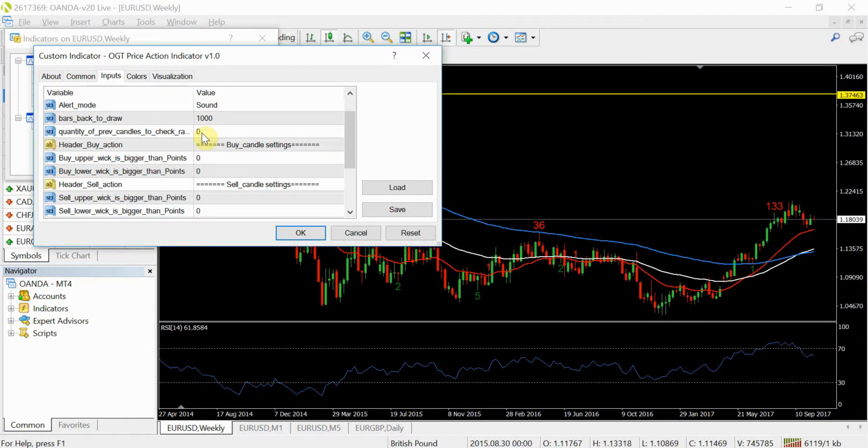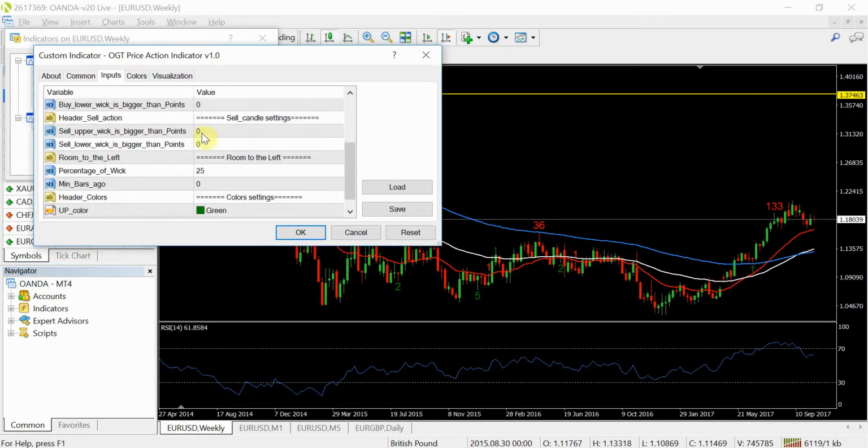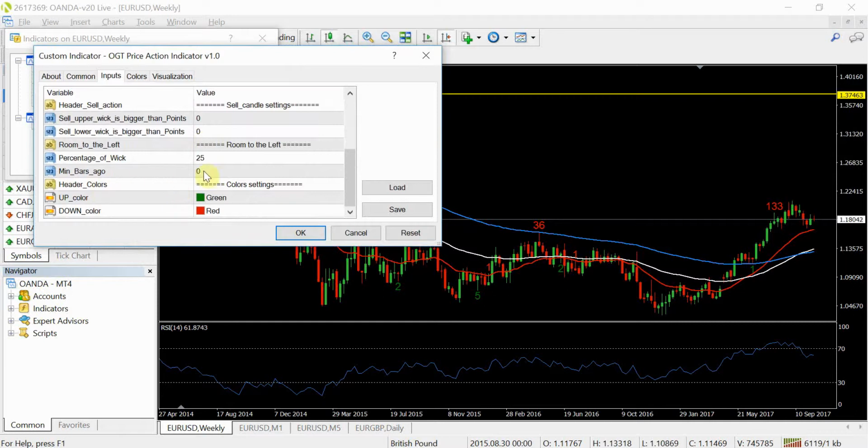This is normally set to 4, which means the pin bar should be greater than the previous 4 candles. But I've taken this off for illustration purposes, and I don't think it's that relevant to have it bigger than 4 candles back in an MA continuation,